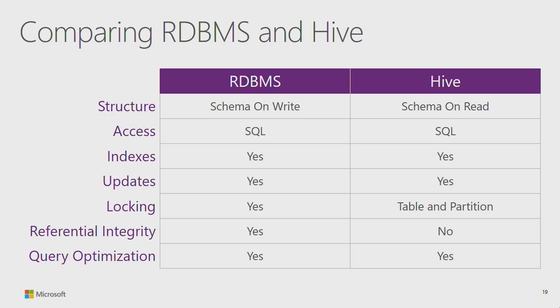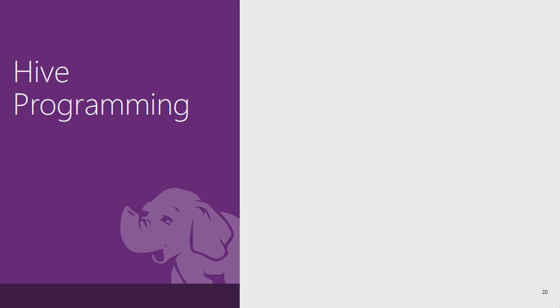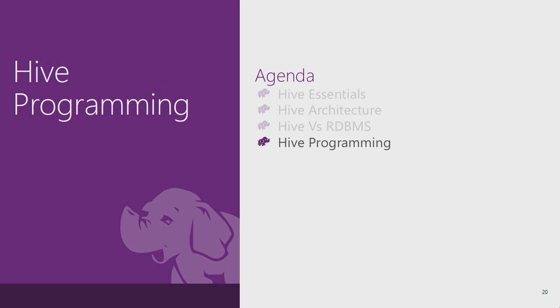And finally, there are a lot of query optimizations that are possible with Hive. So these were a few differences. I would say it's more similar than different between the two, which makes it very easy to get your hands dirty with Hive. Okay, now we're going to talk about the last section, which is Hive programming,